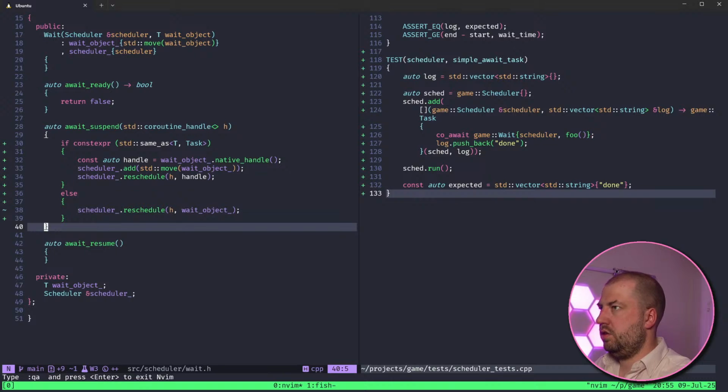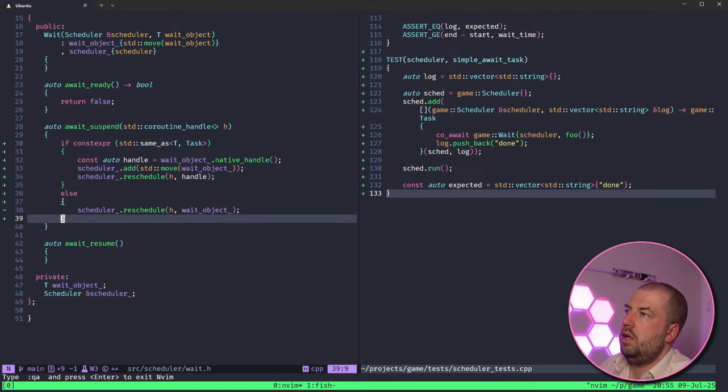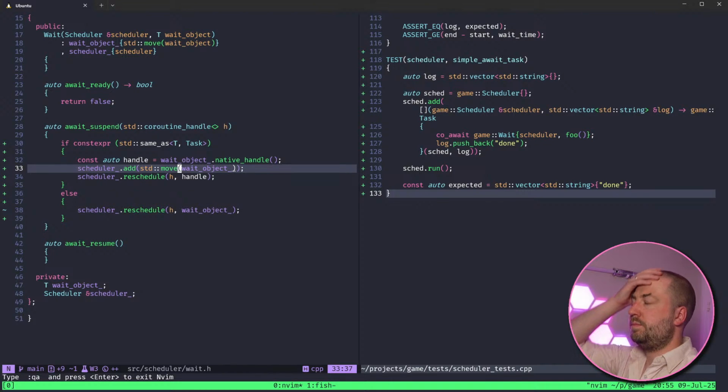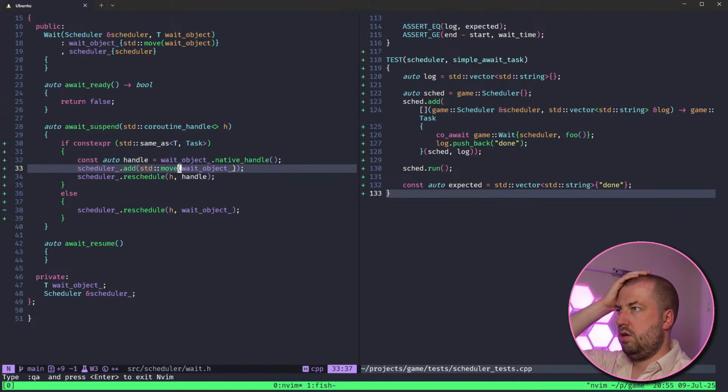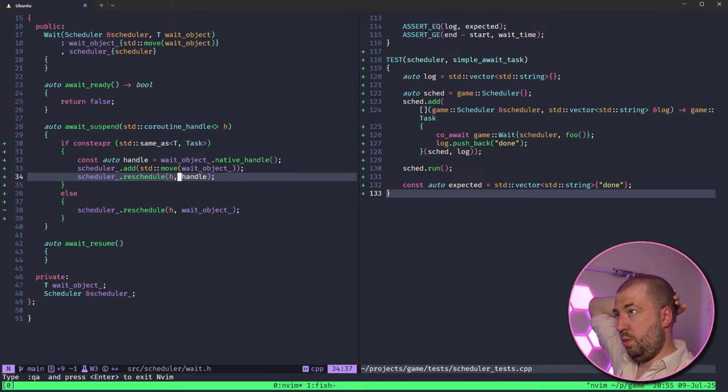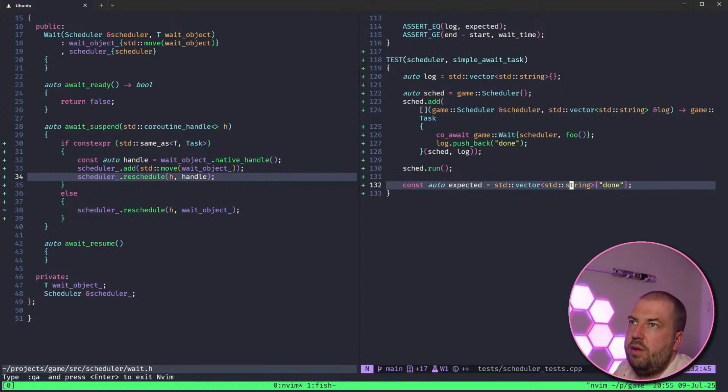Okay, so I've not made it any better. We add the task in, which is in a suspended state. We reschedule ourselves based on that.